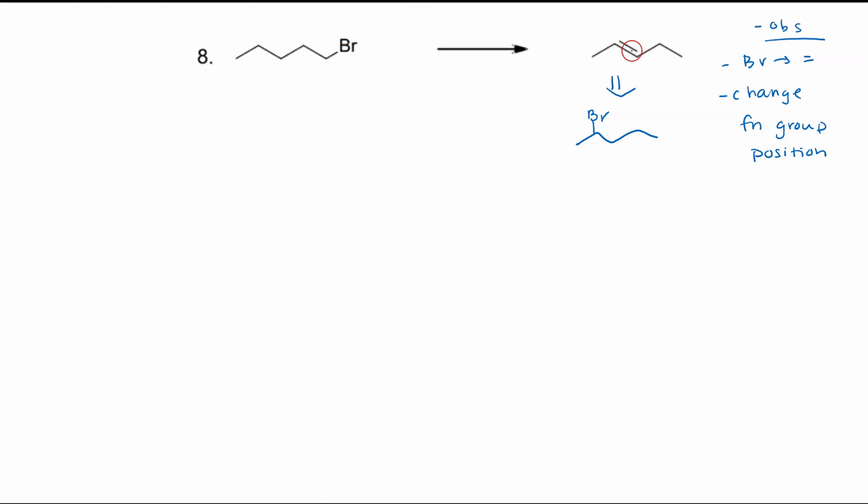One of the tricky things about this one is the Br is on this end and the alkene looks like it's coming from this end, but if we flip the molecule over, it's the same thing. So I can get to there from here, and I can get to there from there. So this one is only going to be 3 steps. So if I start at the beginning,